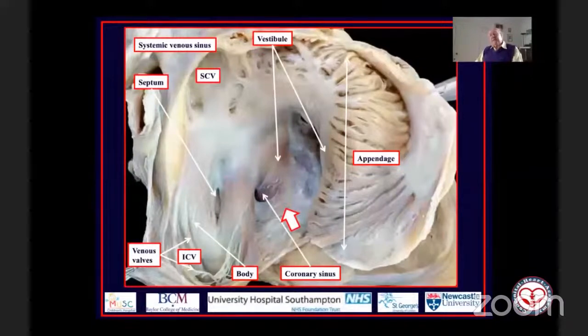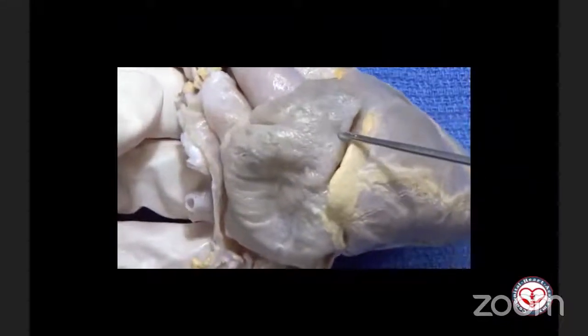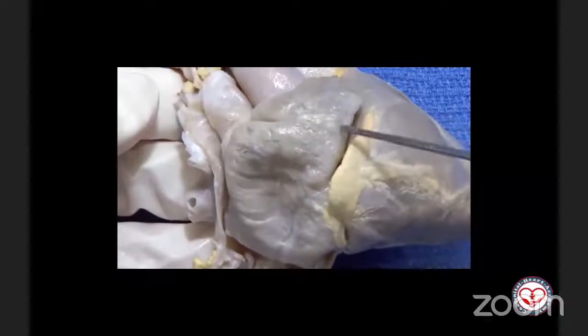So Diane's now going to put that into context, and she's going to emphasize for you the location of these venous valves which mark the boundaries of the systemic venous sinus. And then Justin will show you the features of the systemic venous sinus as you can now see them using computed tomography. Here we're looking at the outward appearance of a morphologically right atrial appendage with its blunt or triangular